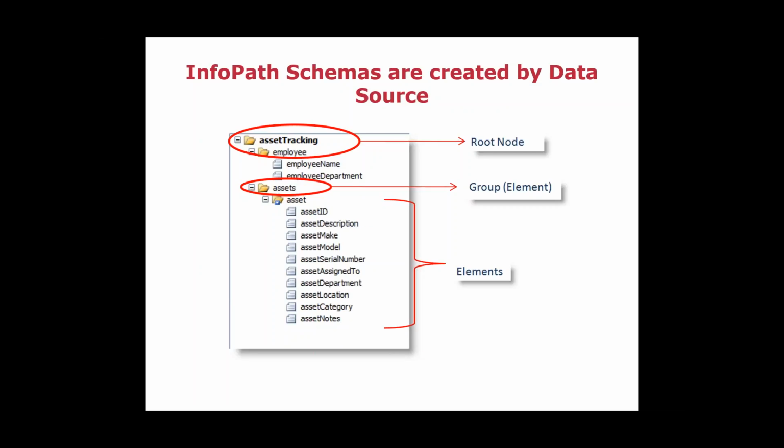Here's an example of an InfoPath form with the root node named correctly, asset tracking, right? This was Microsoft's asset tracking form that shipped in, I think it was 2003. I worked on that form actually, my team did at Microsoft. So we've got the root node, that's the top node. We talk about groups, those are the folders that you see there. There's a repeating group, there's a little blue thing underneath it, that's your indication that's repeating, and then you have